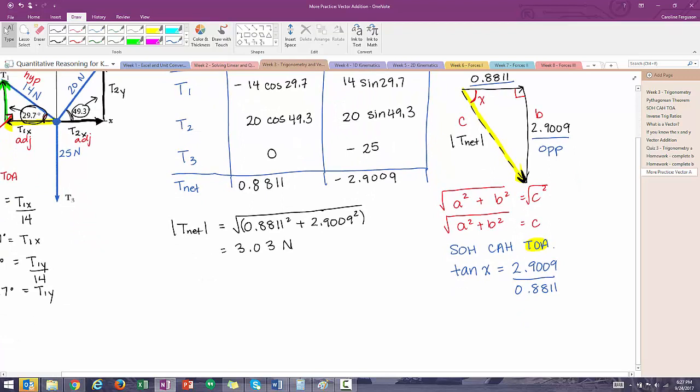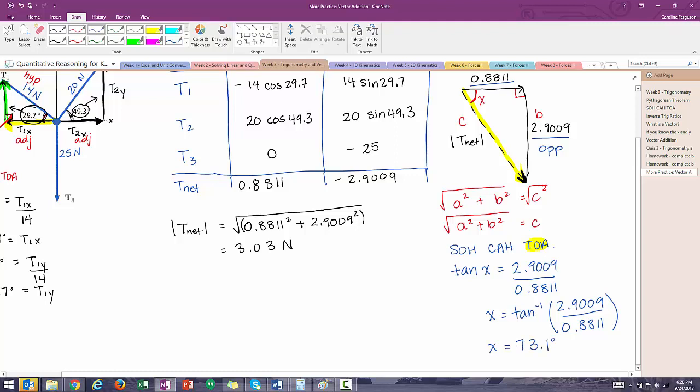Okay, so now we're trying to solve for x. So when we're trying to solve for x here, we're looking for an angle. We want to use the inverse button on our calculator. So x is going to equal tan inverse of that fraction that we have written. 2.9009 divided by 0.8811. Okay, so now I'm going to type this into my calculator. I'm typing tan inverse. Sometimes that means you need to hit second function. It depends on your calculator. So tan inverse of 2.9009 divided by 0.8811. And I get that x is equal to